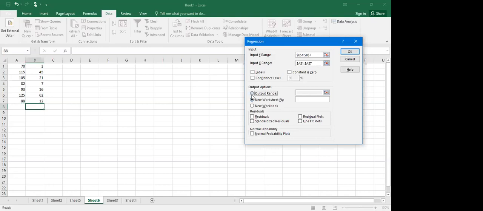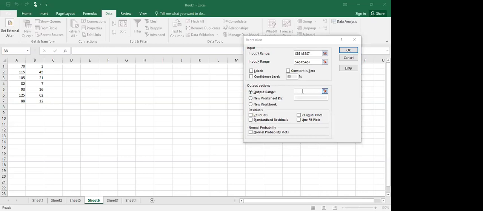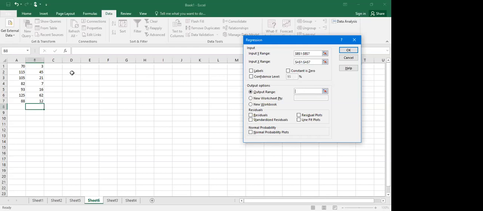As usual, we are going to choose where we want the data to be. We are going to come back to this confidence level that is in inferential statistics. I mean, when we try to do inference, we may have to change the confidence level according to what is required. So here, oh, I wanted to make a scatter diagram first, but a scatter diagram is not difficult. You just highlight the values and then